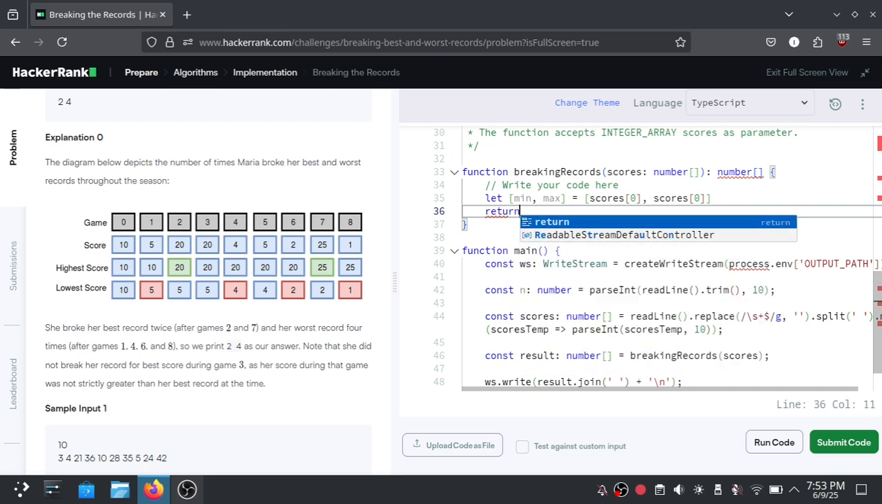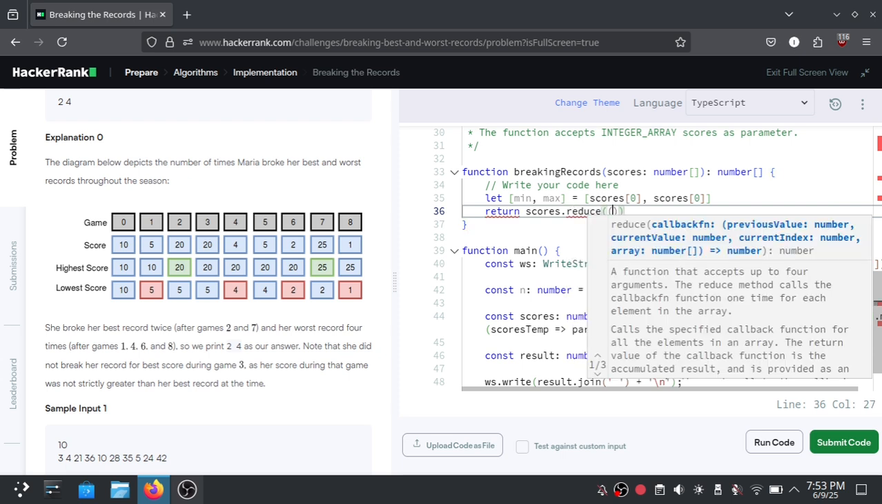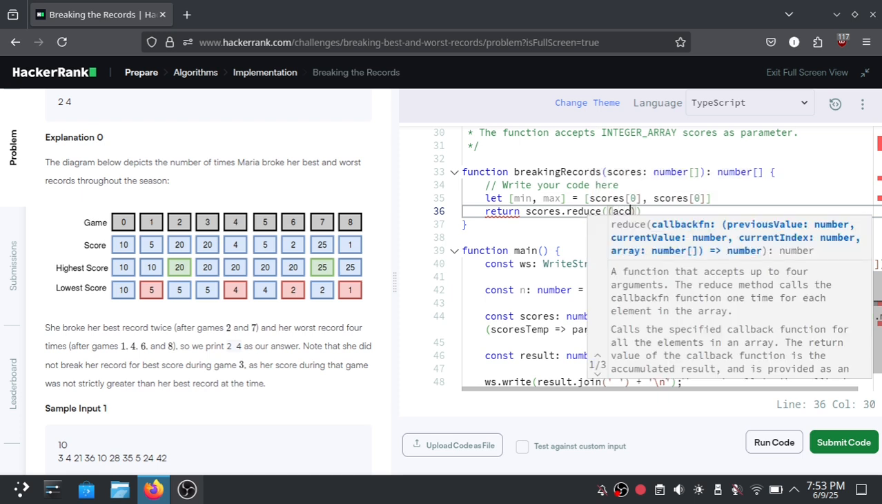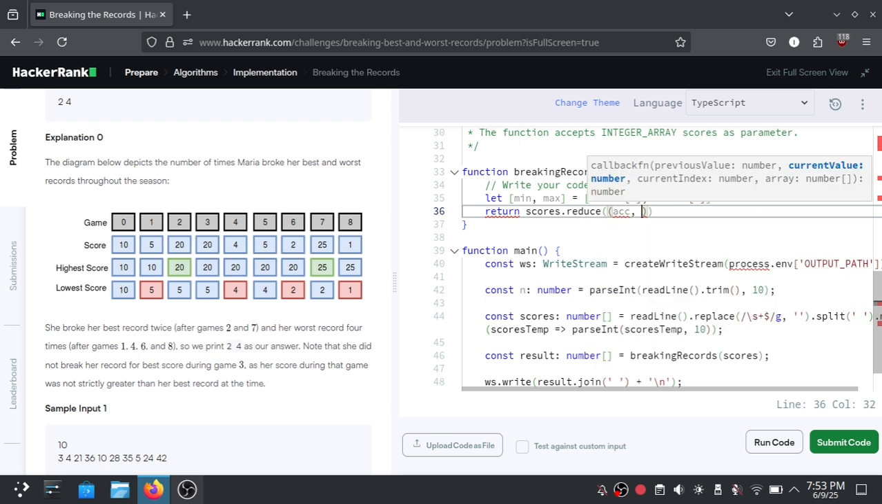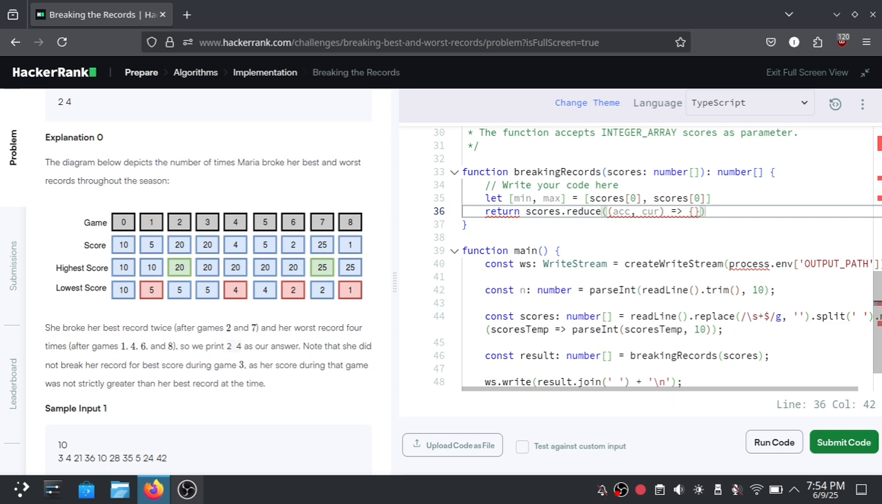use return right away, return, and then the scores with the function called reduce. If you still remember the reduce function, and if you don't remember it, then you can scroll through my previous videos about my explanation of the reduce function, and then using the current iteration and then explicitly return it. And then for the